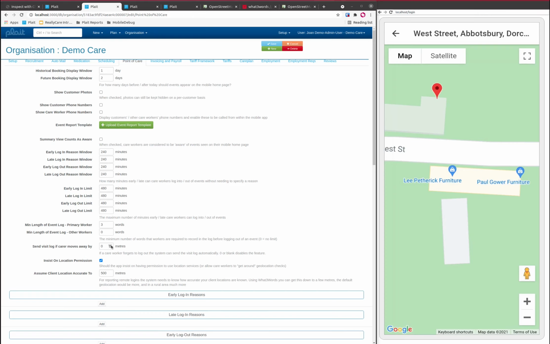Let's have a look at these other two new fields as well. This field here relates to a new feature that enables the Plait mobile app to send the daily visit log automatically, even if the care worker forgets to log out, which is something that does happen from time to time. And it will update the daily visit log when two things have happened. When the visit has run at least as long as was planned, plus 20%, so it leaves a little leeway there,